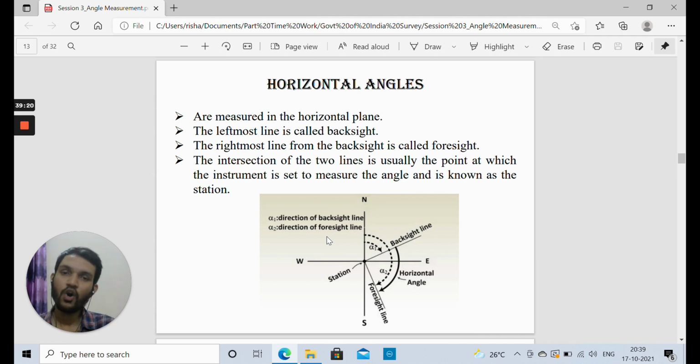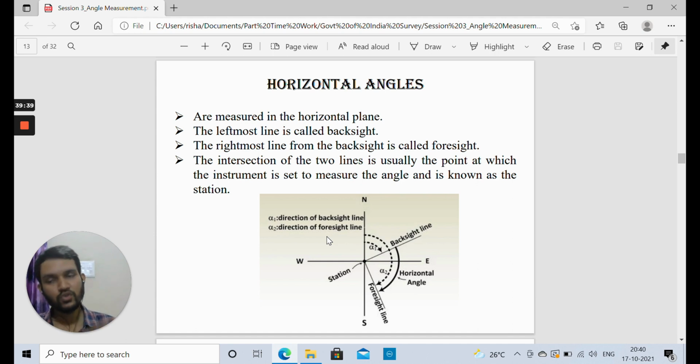Now the zero of our vernier is fixed at station OA. So with reference to that, the amount by which we will be moving will show the angle OB. And what is this angle OB? From O to B, when we are making an angle with reference to the initial line OA,